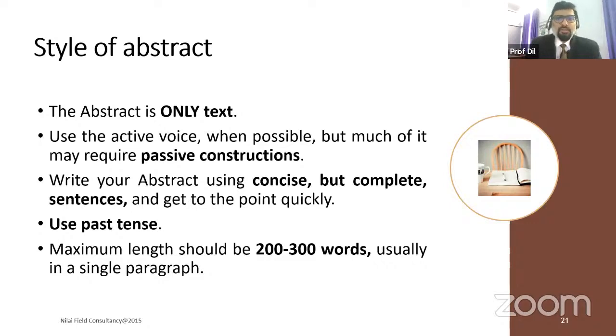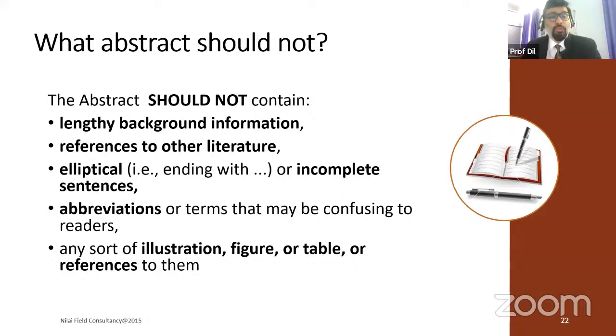Usually it will be 200 to 250 words. So the abstract should not contain lengthy background. Don't write an introduction in the abstract. Lengthy background information is not allowed. References should only be in the literature portion or some other portions of the research paper, that particular portion alone. And ellipses, don't put ...